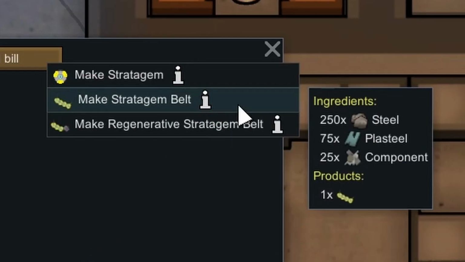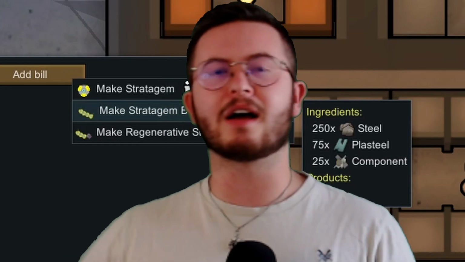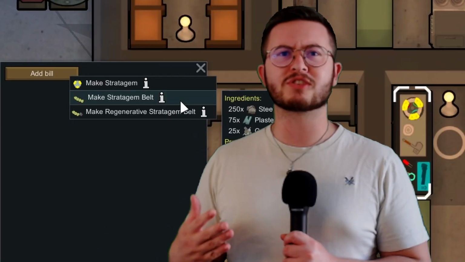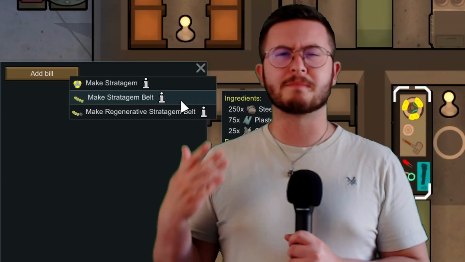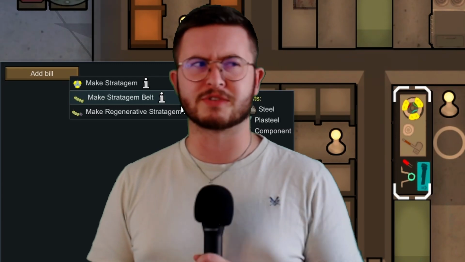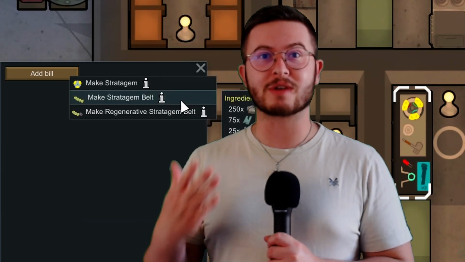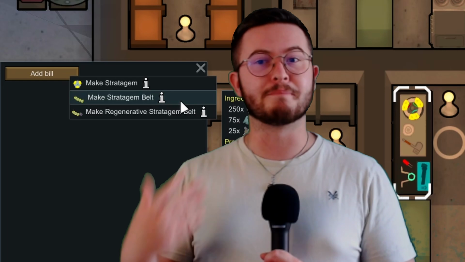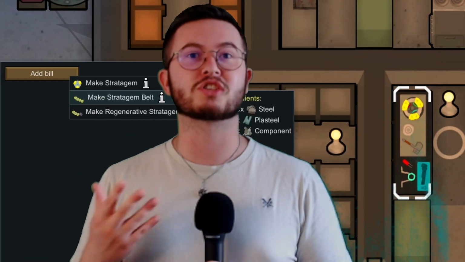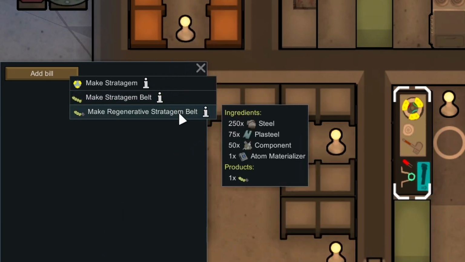The stratagem belt, however, costs less steel at only 250 steel, more plasteel at 75 and more components at 25. I'm not sure what the jump is here and why we're reducing the amount of steel when I'm assuming the steel cost is to make one stratagem. So surely the stratagems should be then 4 times as much at 2,000 steel. Maths ain't maths in here. What I'd like to see is either this stratagem belt be reduced in cost in terms of the components and the plasteel and an increase in the steel, or see the base stratagem reduced in steel cost and increased in component cost. Next, the regenerative stratagem belt, once again costing 250 steel, 75 plasteel, and this time 50 components, and